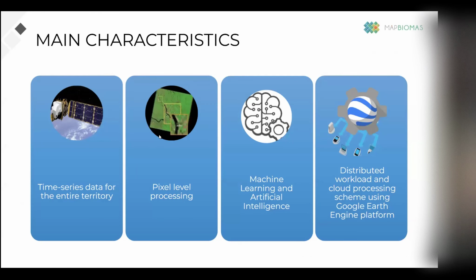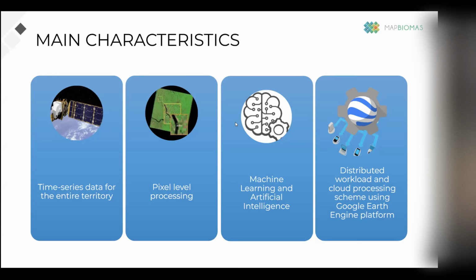But basically what we do is we have a time machine, which is the satellite images. We can look at the past and compare and see what changes over time. Not only Brazil but the entire world, though we focus on Brazil. All the images are made of small squares that we call pixels, the small parts that make the image. And we can tell the story of every pixel. Every pixel has a story, and you can tell over time what is happening to that pixel, and you can see the changes over time.